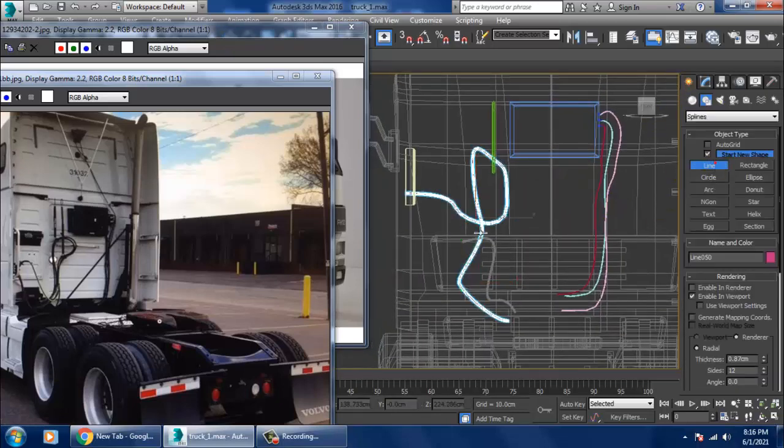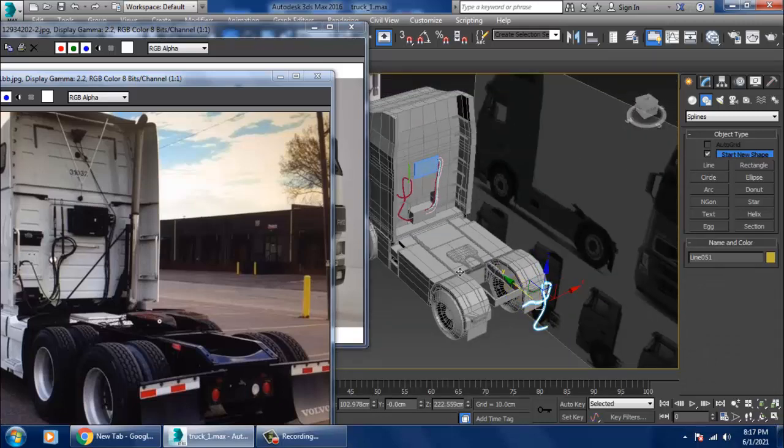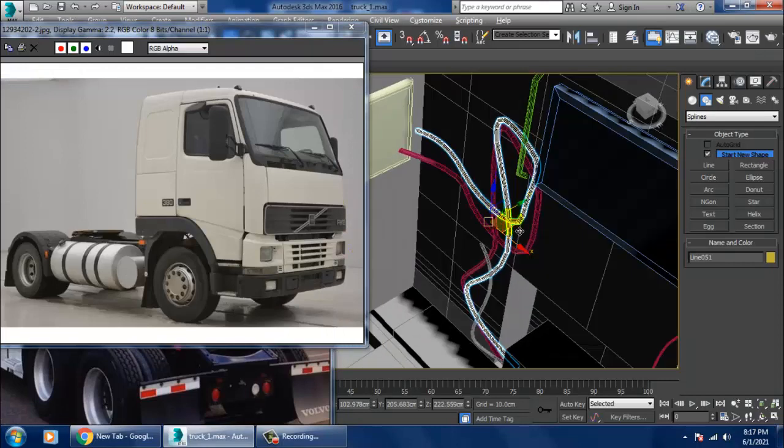So again take a line over here. So let's slightly just push this on the other hand.